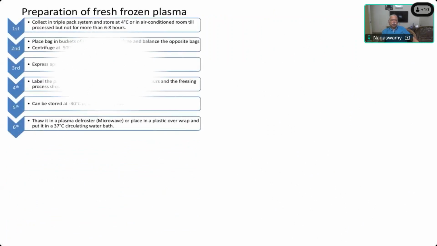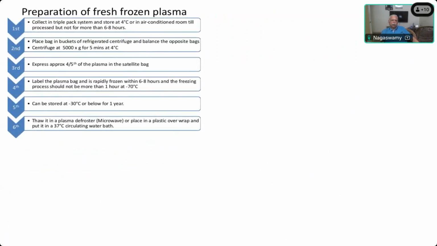And the next thing is preparation of fresh frozen plasma. Again, you collect the whole blood in a triple pack system. Then after centrifugation at 4 degrees, place the bag in buckets. The same procedure as before, and then express 4/5 of the plasma into the satellite bag. Then label the plasma and rapidly freeze it within